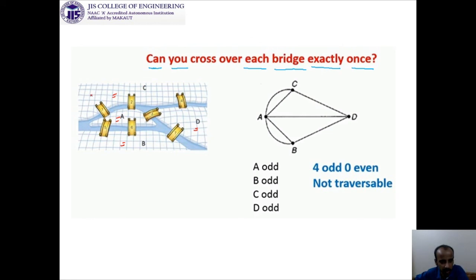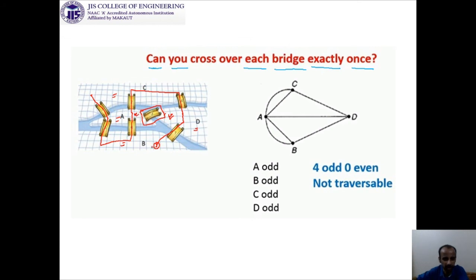So if you start from here, suppose you are coming to this, then you are coming to this, then you can go here, then you can go here, then you can come here, you can go here, then you can come here. But look at this now, here you are in confusion. One bridge is left, you have not passed through this. If you want to use this, you have to go in this way, in this particular position, or you have to be in this particular position.